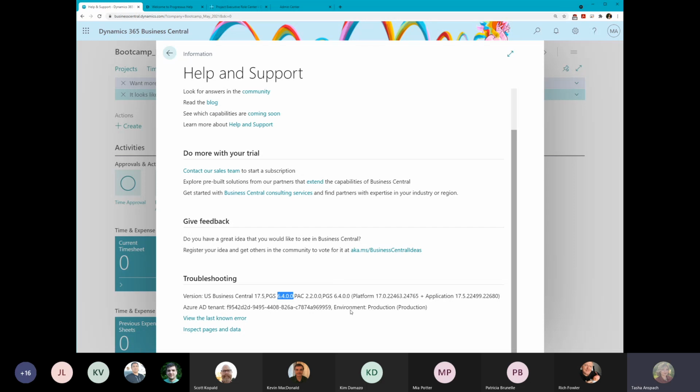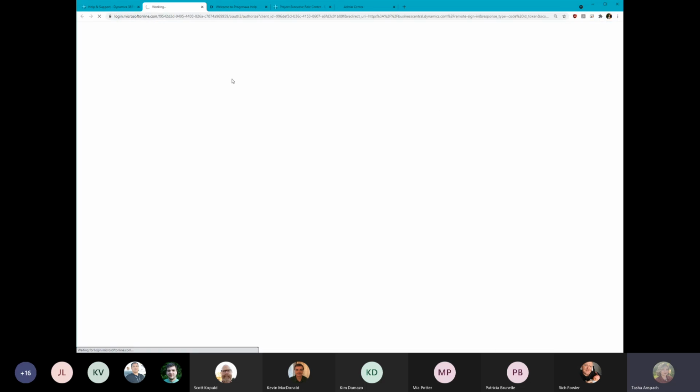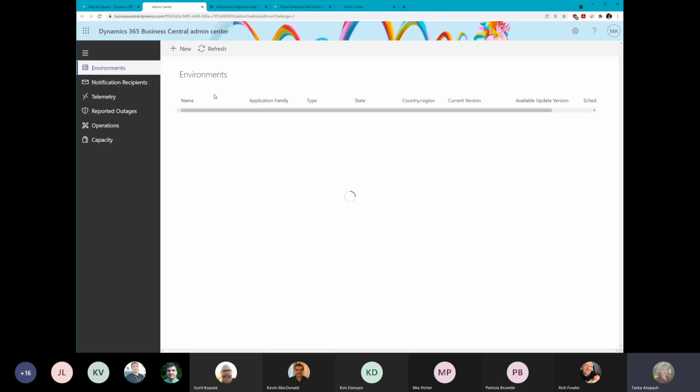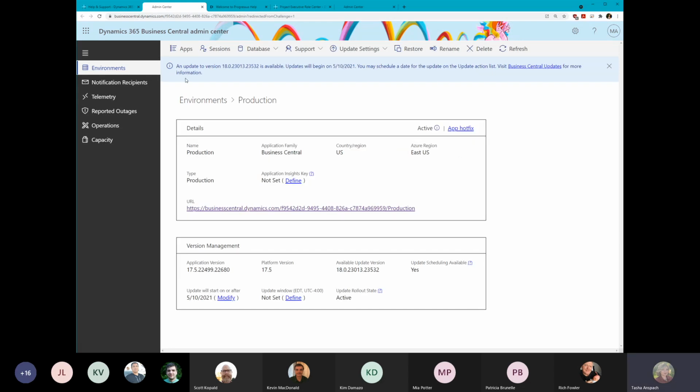With that, an easy way to see if you are the admin in your tenant is to come into the admin center here. The admin center opens up and lists all of the environments that you have in your entire tenant. Here you can see I have a sandbox, one without Progressus, and then my production environment. If I click on production,